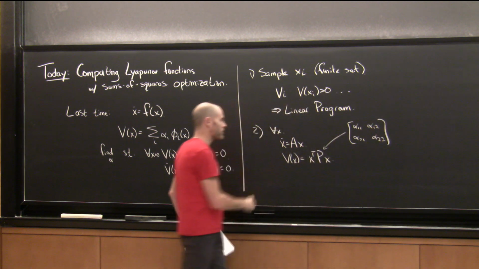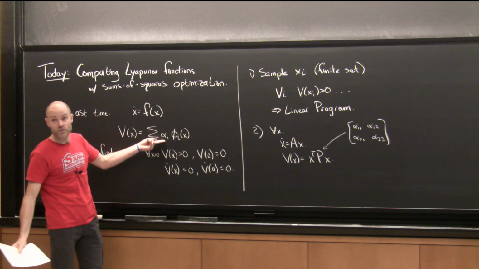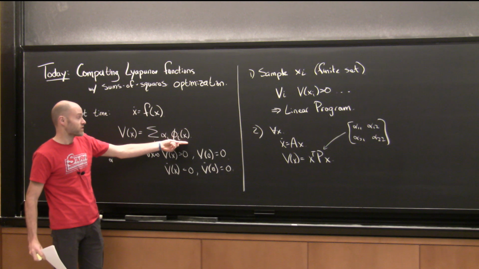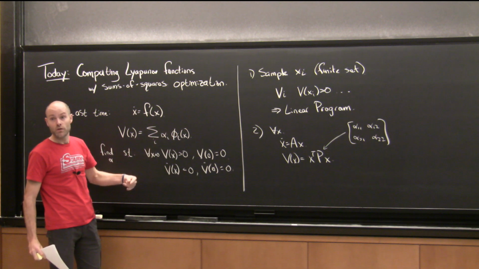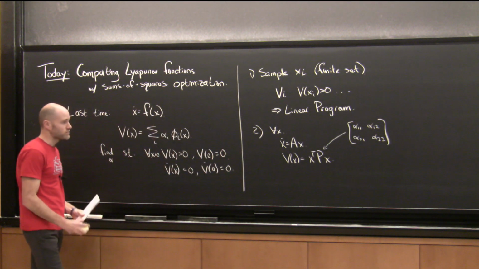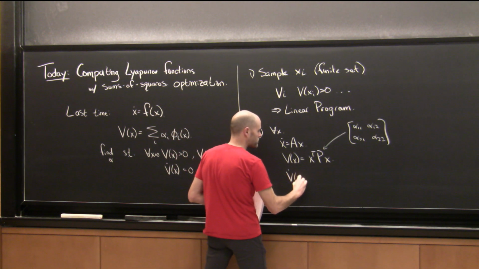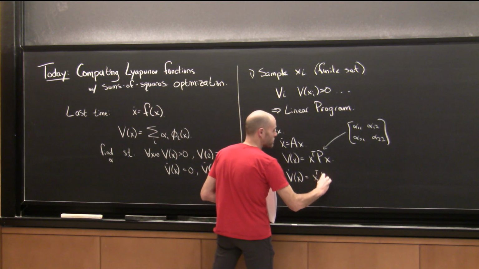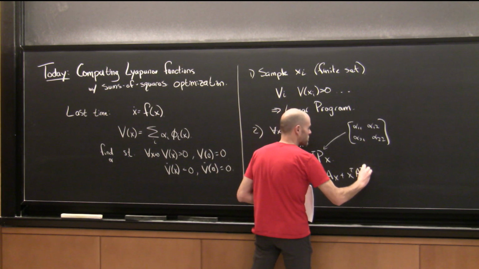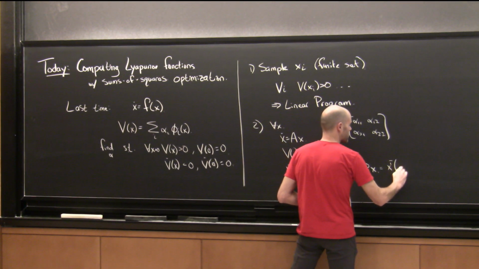If I multiply that through, that's going to be alpha 1,1 times x1 squared plus and so on, right? It has nonlinear terms here, but it's linear in the coefficients. So that is just an example of this form. It's a little hidden, okay? V dot in that case was x transpose PAx plus x transpose A transpose Px,